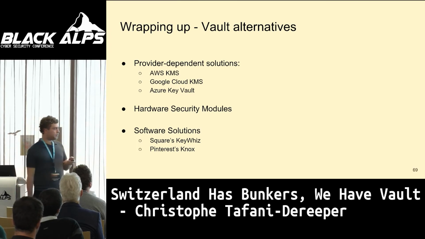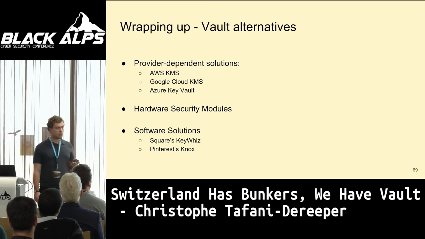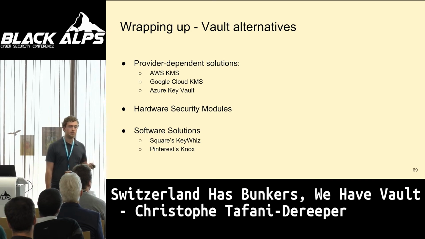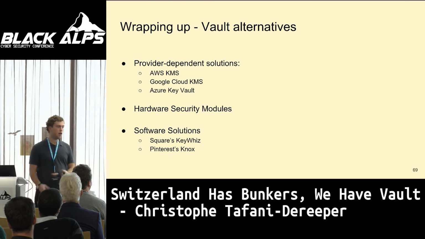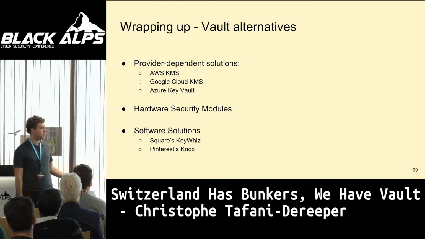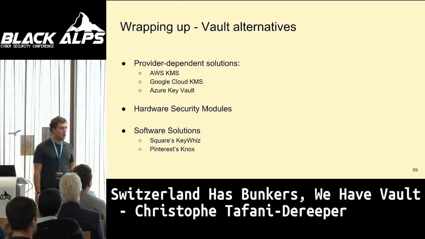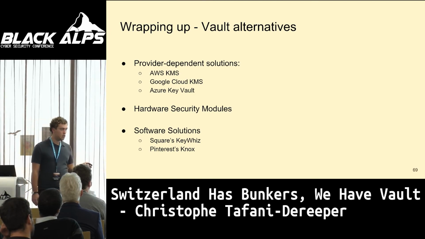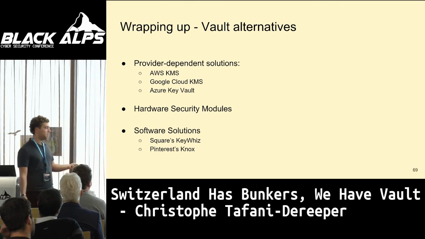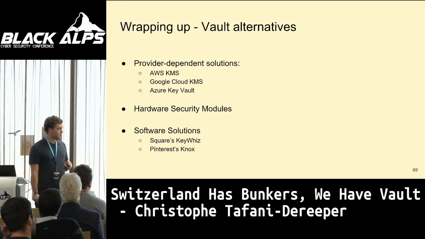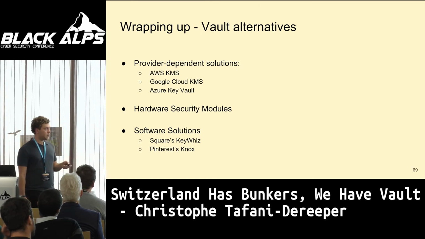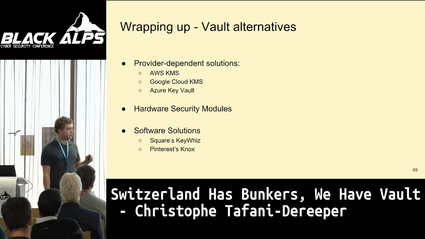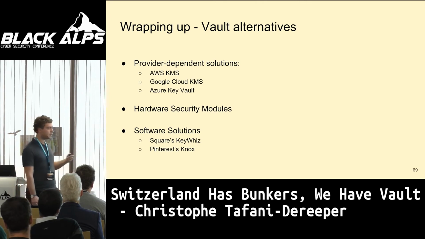Another alternative is obviously HSMs, hardware security modules. So it's basically more expensive. It's hardware, so you have to buy the hardware to place it in a data center and these kinds of things. And typically HSM makes more sense if you have regulatory requirements. Maybe if you have PCI compliance, you need to have an HSM, where probably it makes sense, but they are expensive. And there are other ways that you can use HSM with Vault. Typically there are some people that store the unsealing key, so the master encryption key of Vault, in an HSM.